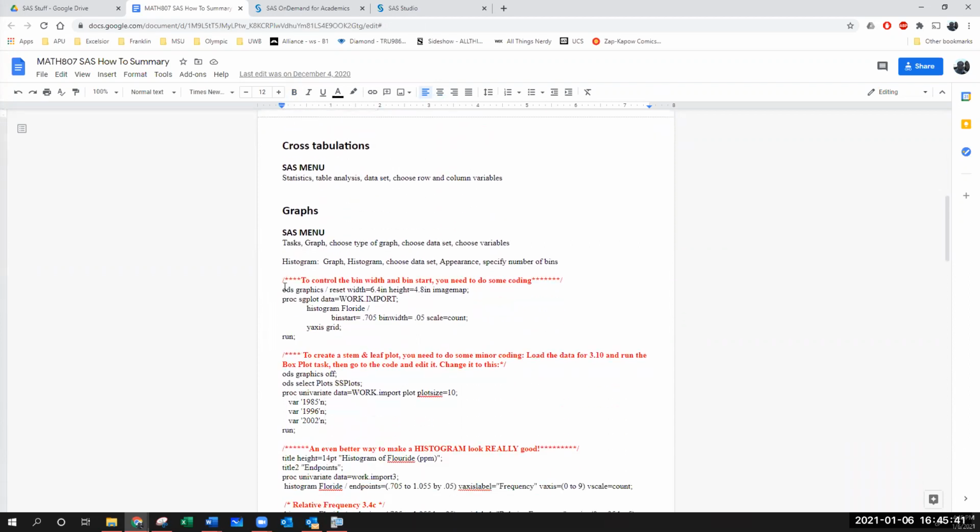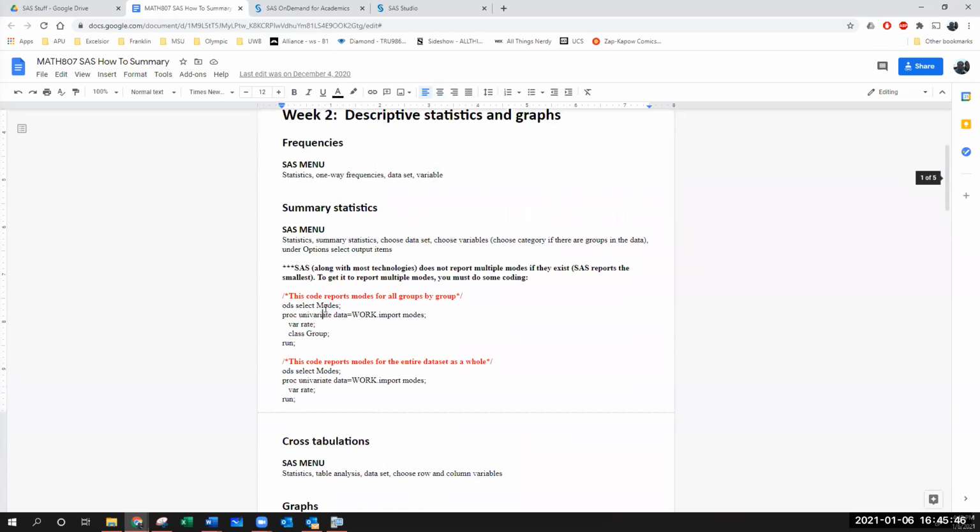But we could also, if we wanted to play around with the histogram, use this code. But in either case, let's say we wanted to mess around with the modes, right? We wanted to try and do this. So I'm just going to do Control C. And then in there for the univariate data, if I'm using work import 1, I change that there. Yes, exactly. Then class wouldn't necessarily be group, or var wouldn't necessarily be rate for that question, right? It would be whatever variable you've got. Exactly. You've got to change it to whatever the variable is that you've got.